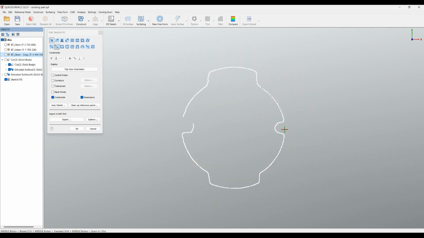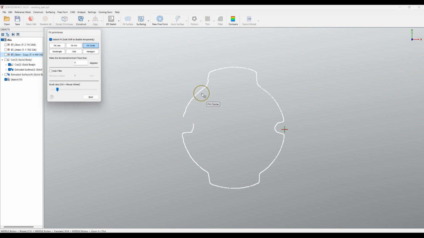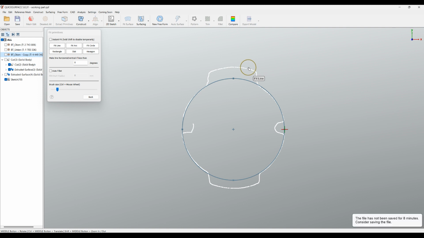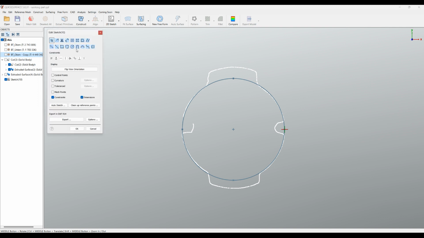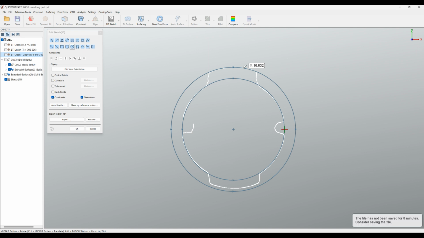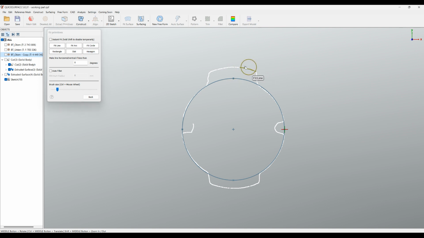Now I'm going to use the fit circle command. We'll turn off the instant edit fitting, so I can just pick more points, something like this one, and then I create my circle. I can do probably the same, or to be precise, I'll just leave it as it is now, go back, and we'll create my circle manually, so everything is under design intent. But as you can see, this doesn't work. The centers are not exactly what I expect, so I'm going to fit my circle in the best way, like this one,